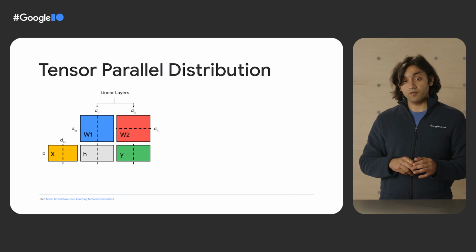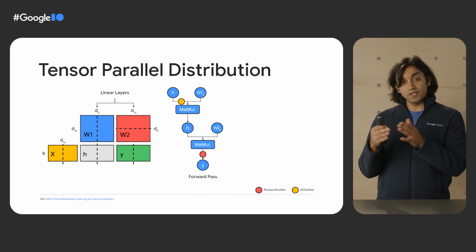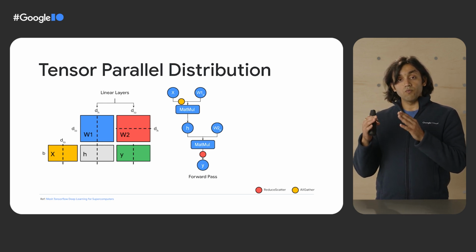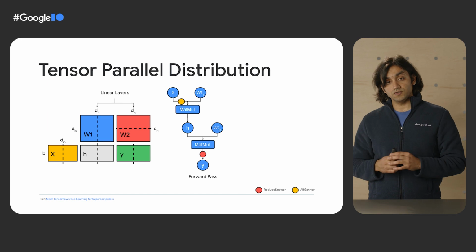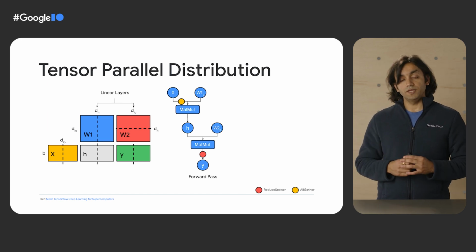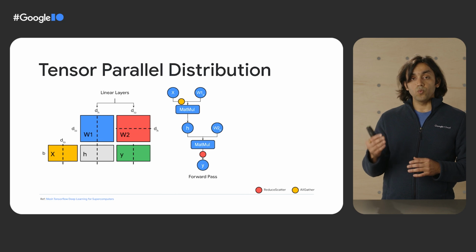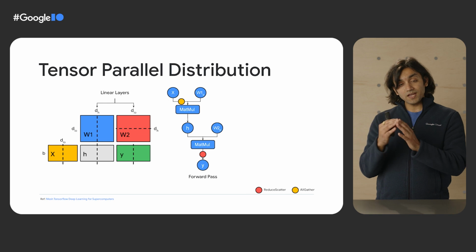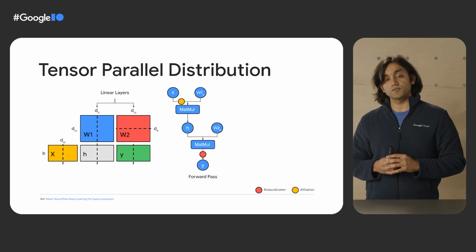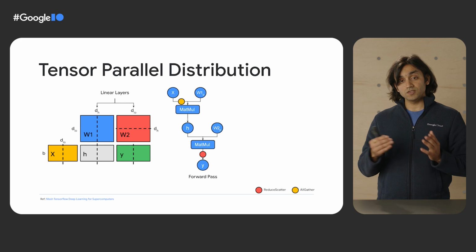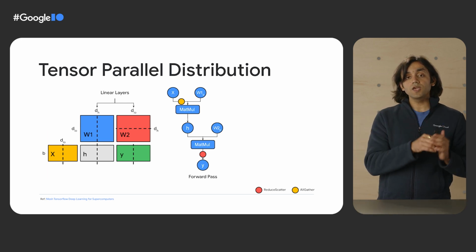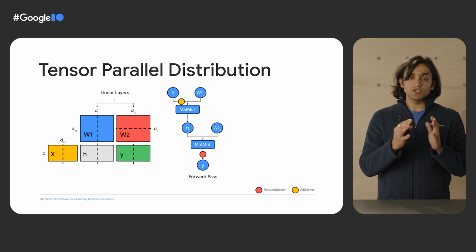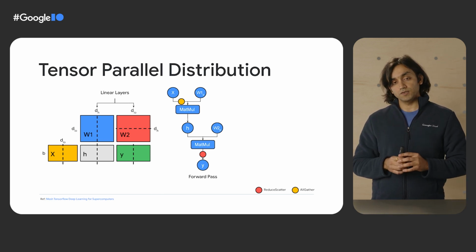Let's look at the computation graph. Notice that we are showing the partition graph here. That is, each worker has the same graph working with the respective part of all these matrices. Single program, multiple data. In the forward pass, we begin with an all-gather operation on X, shown by the yellow bubble, which means we collect partitions of X from the two workers. The rest of the forward pass is the same, except before generating the output, we do a reduce scatter operation, which means that we average the corresponding shards of Y on respective workers.